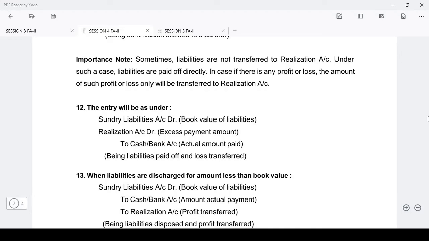Then how is that entry going to be passed? Look at entry number 12. Sundry liabilities account debit, realization account debit, to cash or bank account. So this is for the liabilities paid off and the loss transferred. And the next one is